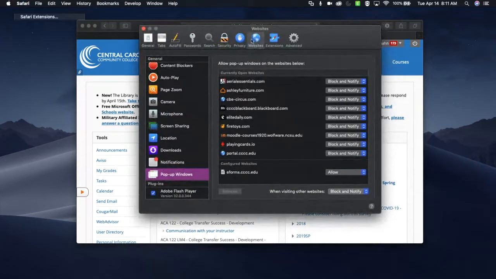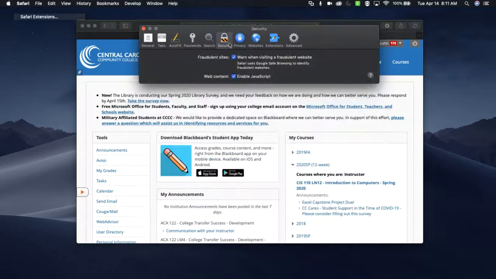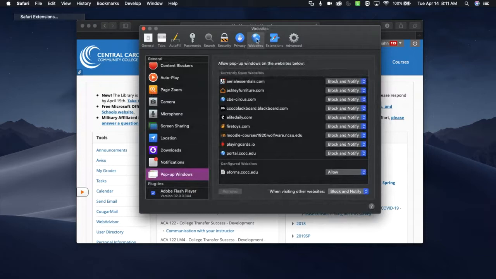Now it came up to websites because that's where I had it already, but if you are using an older version of Safari or an older version of the Mac OS, you may find that it is actually here in security, and there's just a checkbox that says block pop-up windows, and you just need to uncheck that box. If you have the newer version, which is what I have, you're going to need to go